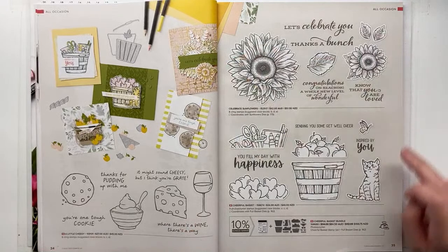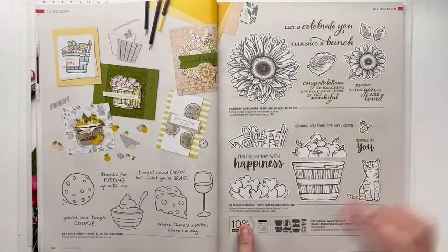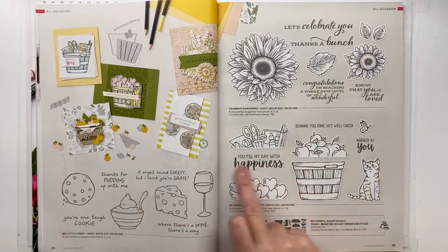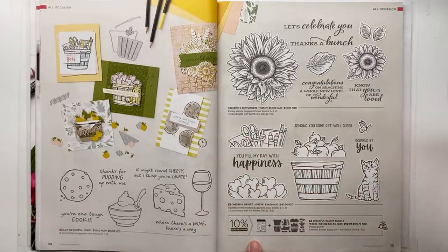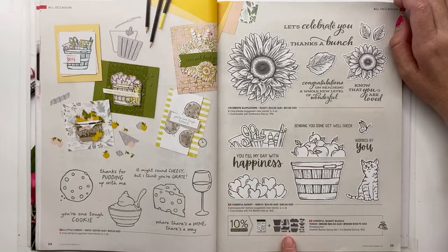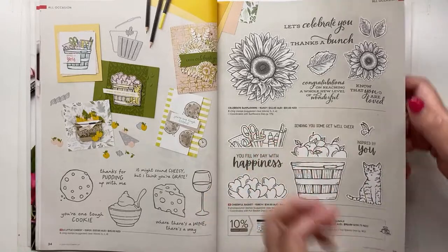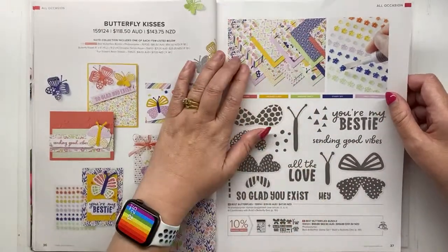We've got Celebrate Sunflowers and we've got the Cheerful Basket. And I feel these two actually go really well together. So it's all occasions, you've got all the hearts, the apples, and you've got craft supplies that you can put in the basket and a cute kitty. So this is very, very cute, and it does come with matching dies. So as you can see, these white pieces do go with matching dies. Our next